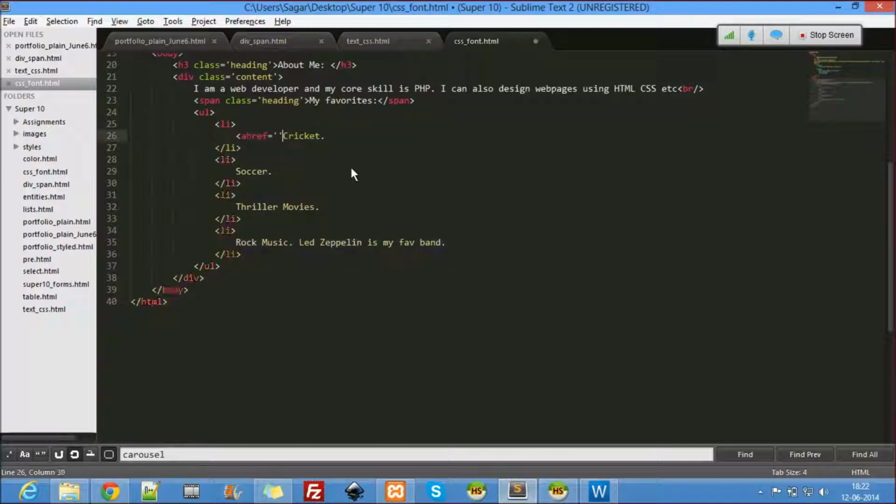A href equal to, and what does target equal to blank do? Guys, what does target equal to blank do? Any idea? No idea? Then get an idea. Target equal to blank.